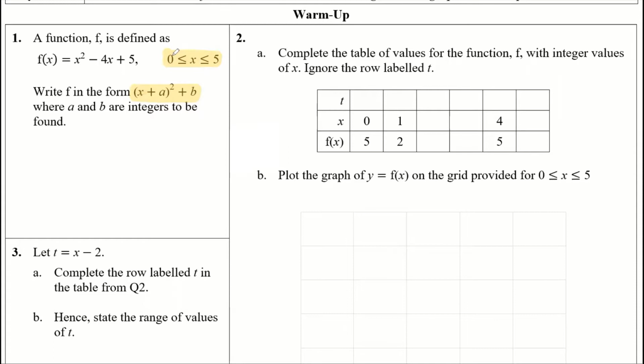So you know how to do this. If we look at the coefficient of the x term here, it's -4. We need to halve that and put it into a bracket squared. So we'll do that first. So if I just write f of x is equal to, it's going to be x subtract 2, halving that coefficient, all squared. Okay, that's the first bit. And we'll notice, of course, if we just do a little aside, that if we expand the whole thing, we would get x squared subtract 4x